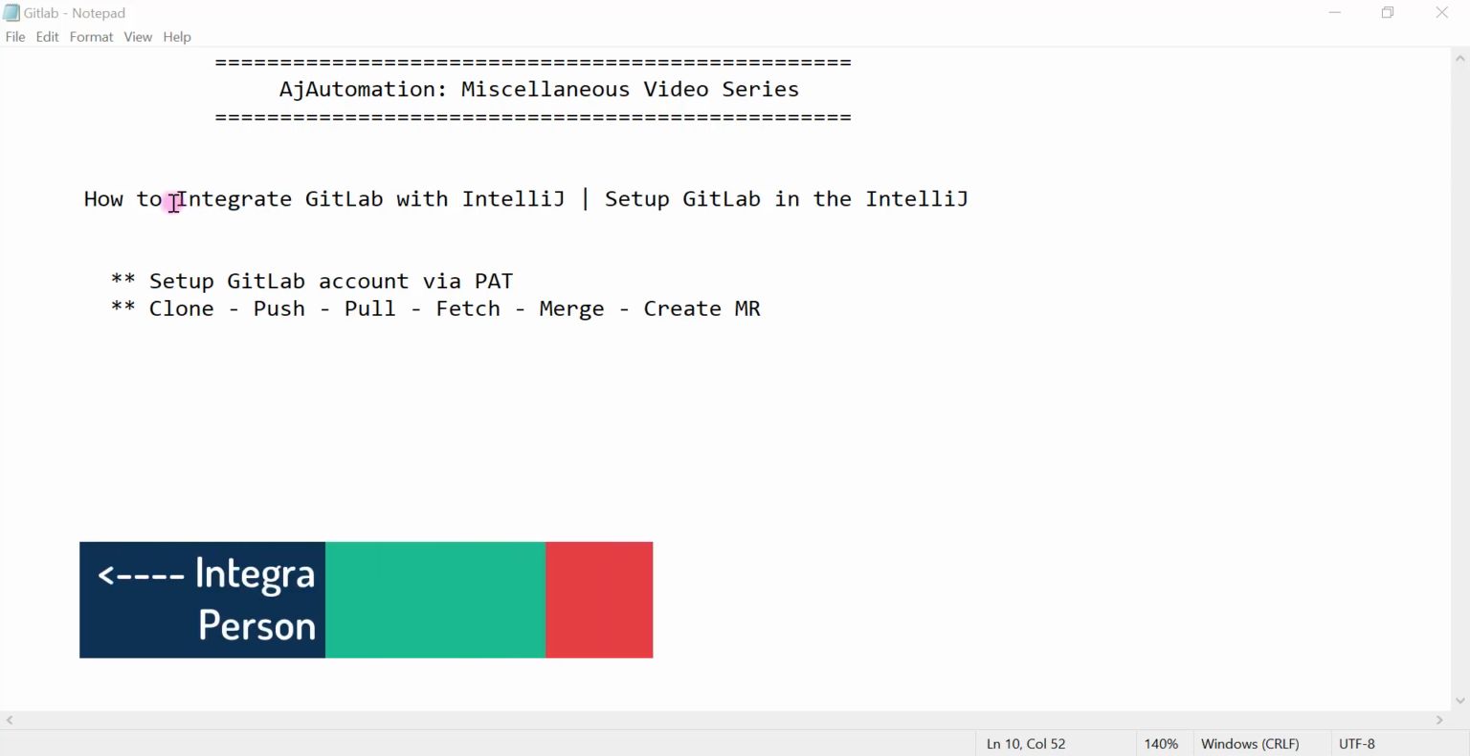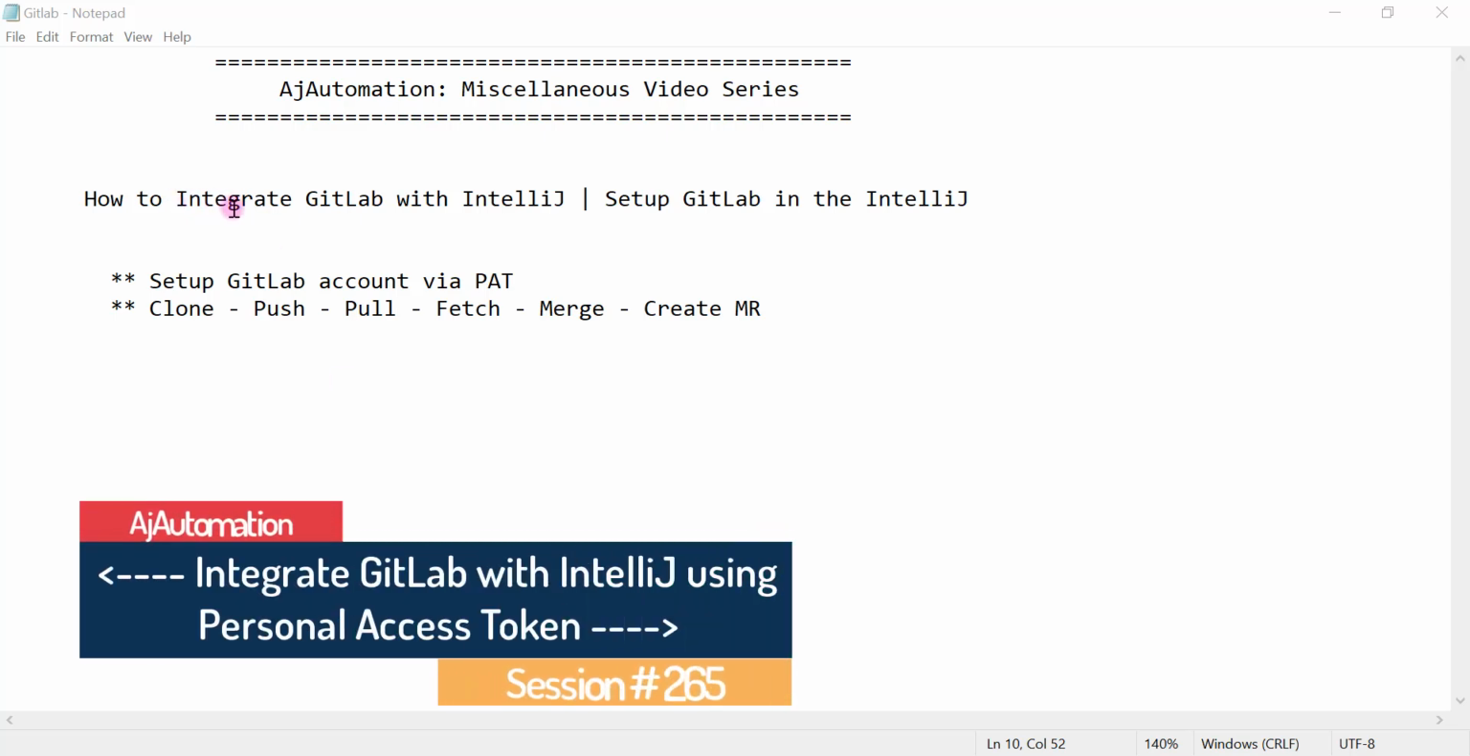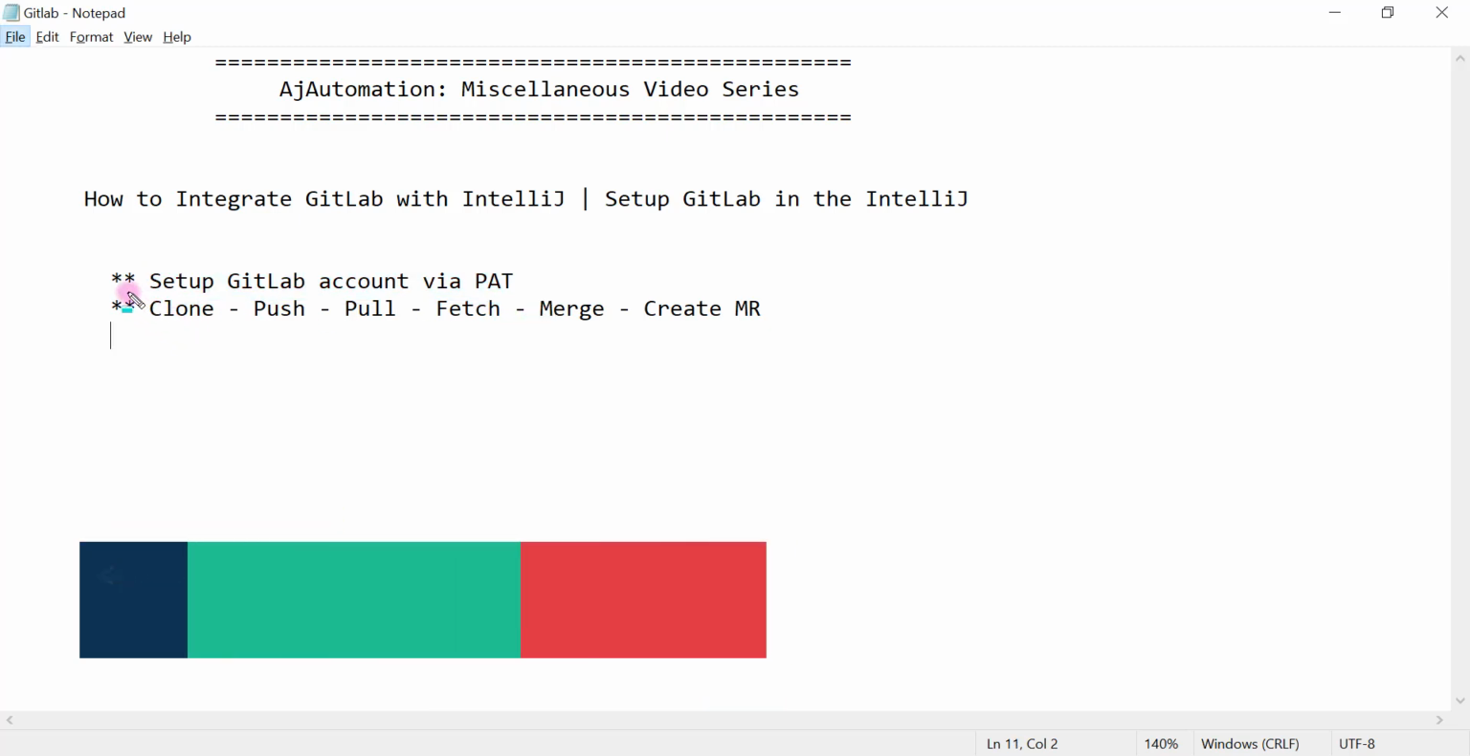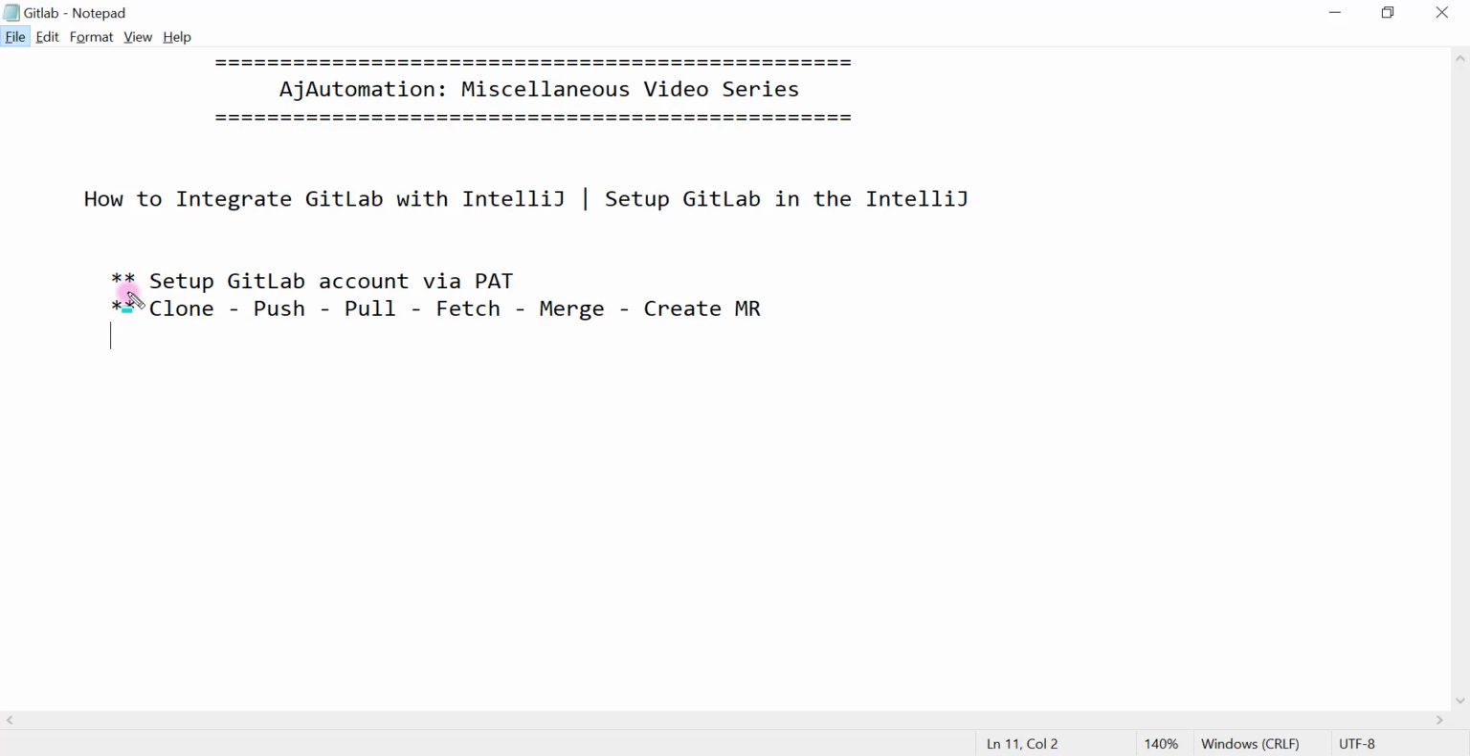Hello everyone, in this video we will see how to integrate GitLab in IntelliJ. So we are going to set up a GitLab account in IntelliJ via Personal Access Token. After the successful integration, we should be able to clone any project which is hosted in our GitLab server,